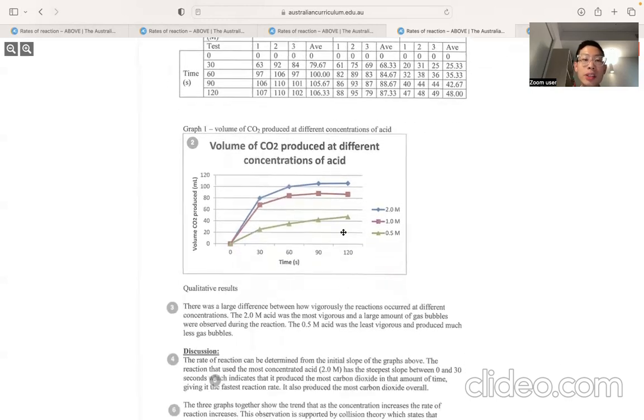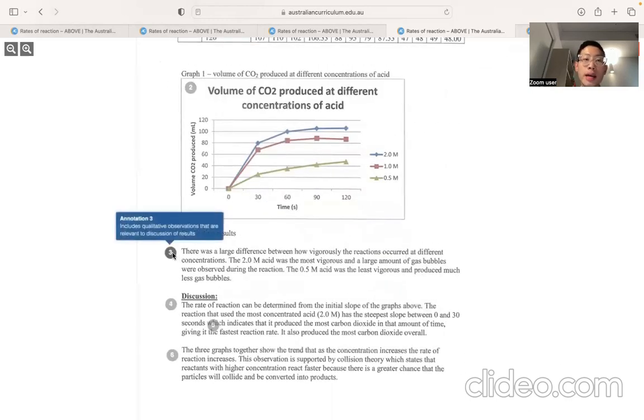Now, qualitative results are equally important. So what does that mean? This student has included the qualitative observations that are relevant to the discussion of results. So here he has used qualitative language. Vigorously, bubbling, large amount of gas bubbles. These are keywords in defining qualitative results. And he or she has talked about the 0.5 molar acid had the least vigorous and produced the least gas